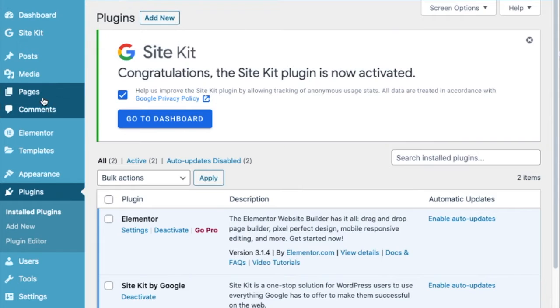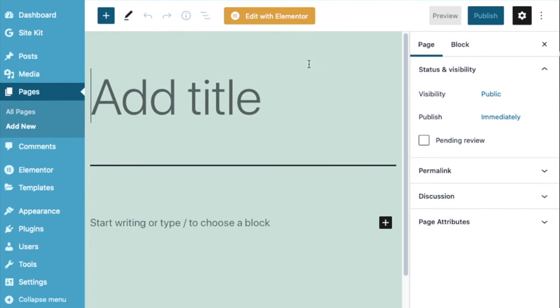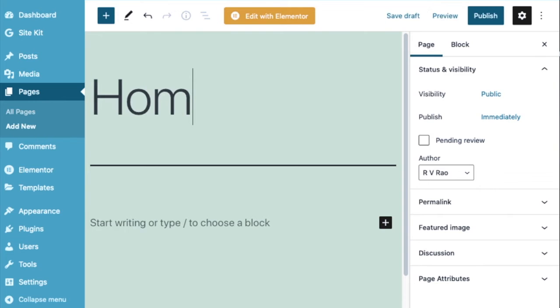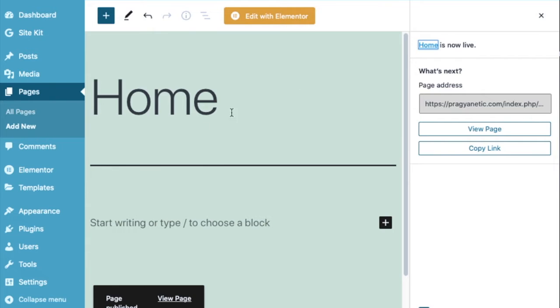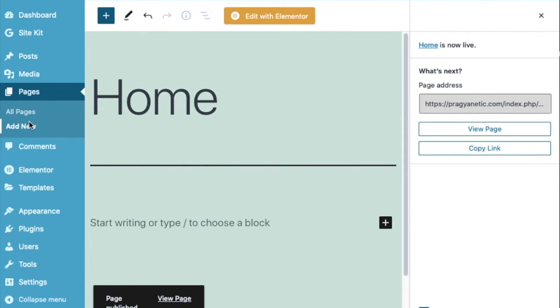Now let us go and add some pages. For any website you create, you will be having some basic pages, which are your home page and about page. So I'll create a home page now. I'll just publish it. So my home page is published. I'll go to the pages again and add a new page.